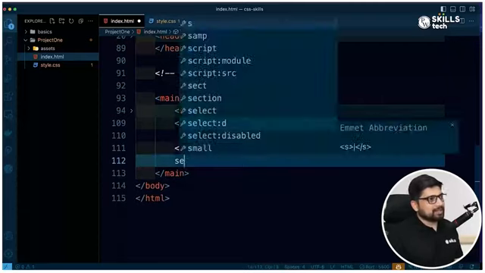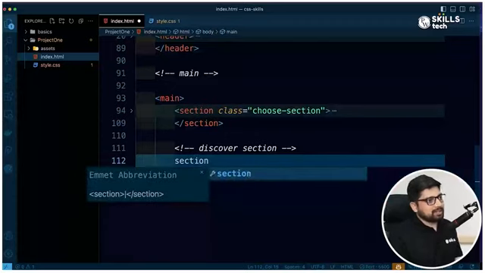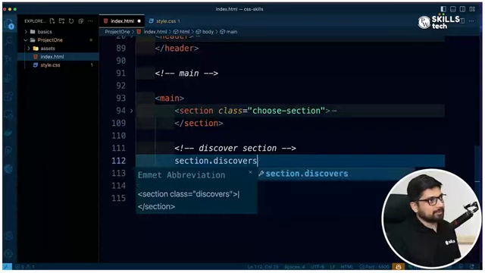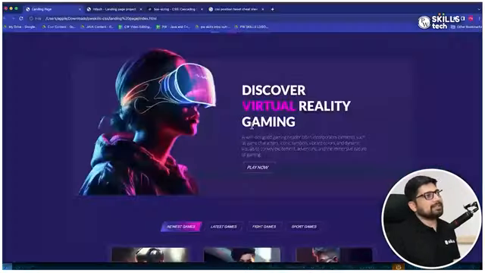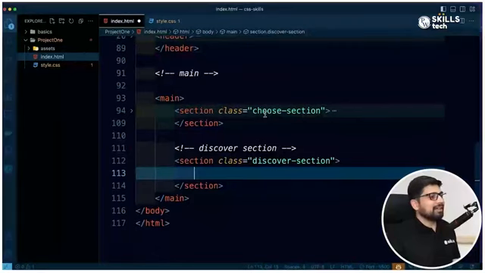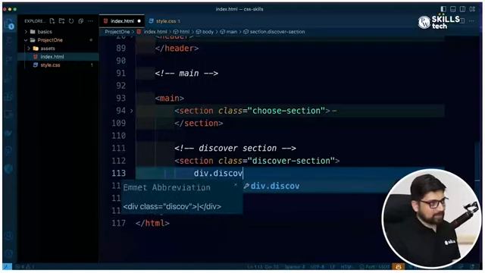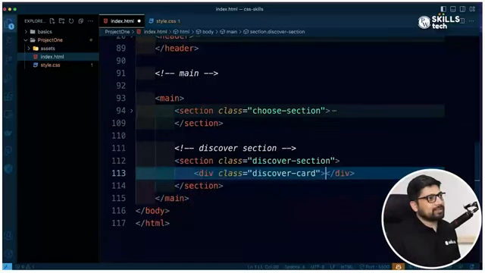Now inside this section, first we have this section just like this. This section will have a class of discover section. No surprises there. Discover section, and obviously as we can see in the discover section, there is a photo at the left, then there is content on the right side, so nothing much. And let's go ahead and create a card inside it. So we'll say div that will have a dot of discover dash card,